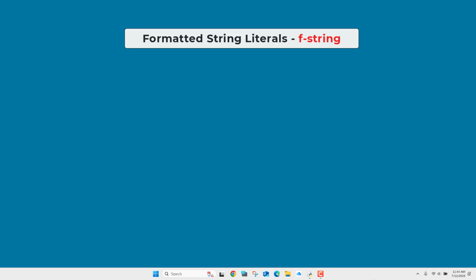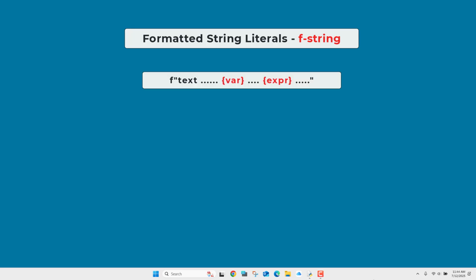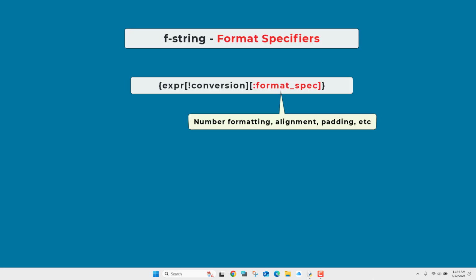F-string formatting is a concise and readable way to embed variables and expressions directly into strings. F-strings are prefixed with F and use curly braces to embed variables and expressions. Format specification is an optional string that contains format specifiers that control how the value is formatted, like number formatting,